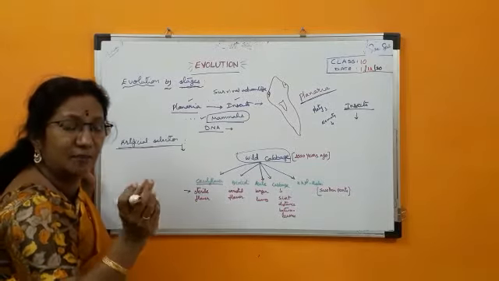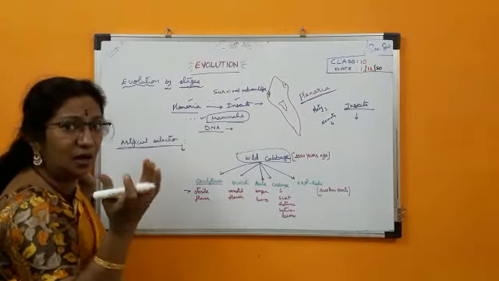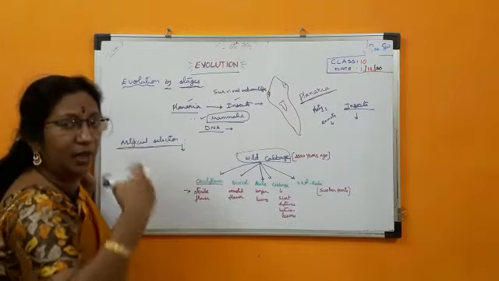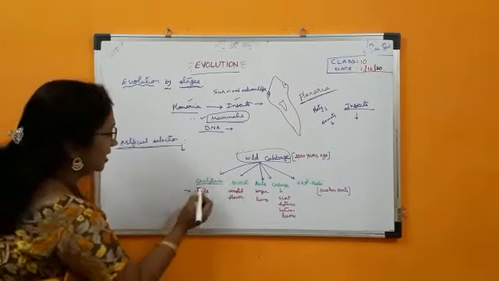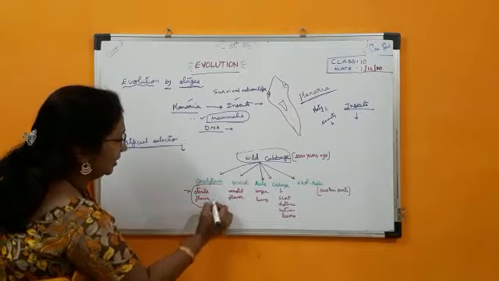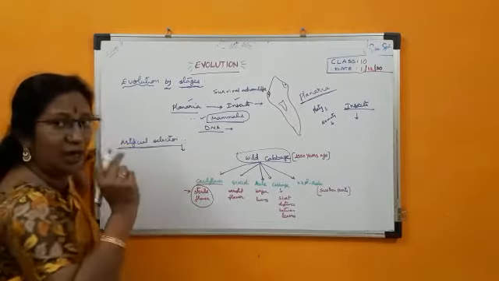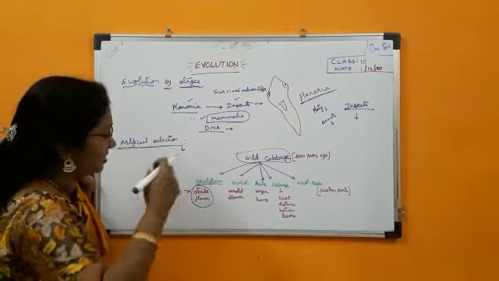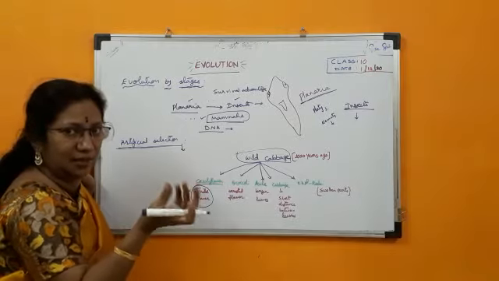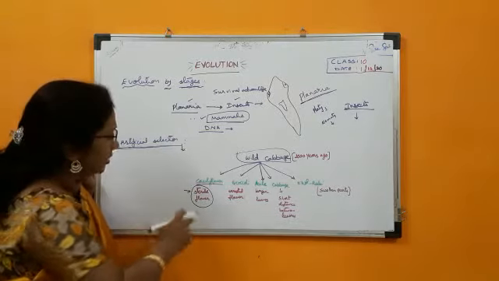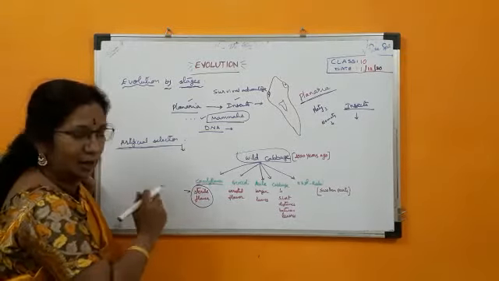Sterile flowers means the male and female reproductive organs are not developed. They cannot give rise to a new plant. So such flower development will be there. That is called cauliflower. So cauliflower is developed with sterile flowers, so that they started using it as a vegetable. In that way cauliflower is adopted.